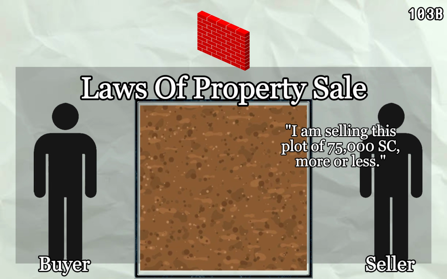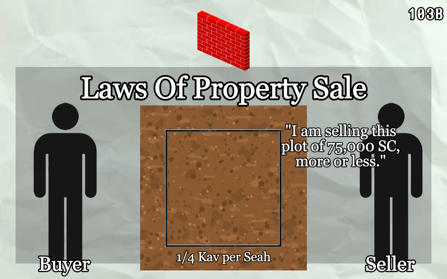But if the sale was larger by a quarter kav per sa'ah, the buyer needs to repay him extra with money, or if the seller prefers to just return the excess land. Money was said to be an option, so that way the seller won't just be left with a tiny useless plot of land. This is demonstrated from some scenarios. Also, if the person is returning the extra quarter kav per sa'ah of land, he also would need to return all excess land, not just that amount.